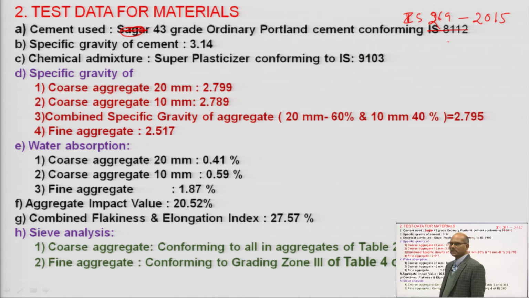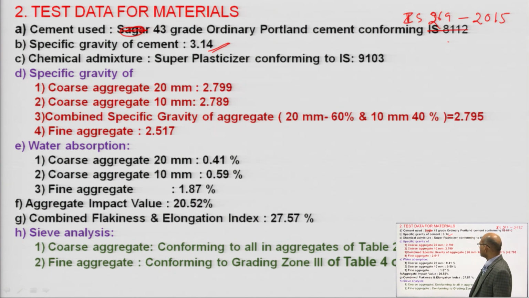Then we have tested. As you tested in the laboratory, how much have you got? 3.14. Sometimes 3.14 is the standard value, sometimes you may get a little lesser, because sometimes we are adding some property enhancing material like fly ash, silica fume, metakaolin, up to 5% is permitted to enhance the properties of cement. Okay. So, if you are using fly ash, instead of 3.14, that value may go down, it may go to 3.12 also. So, nothing to be worried.